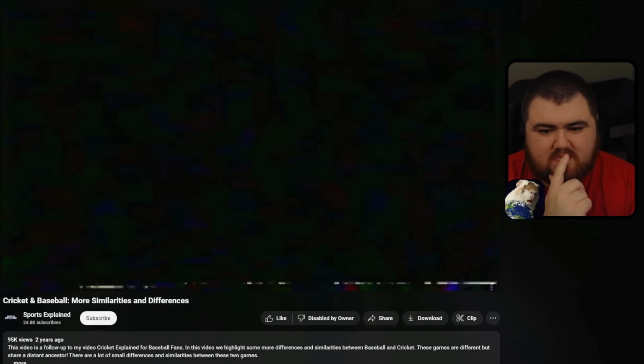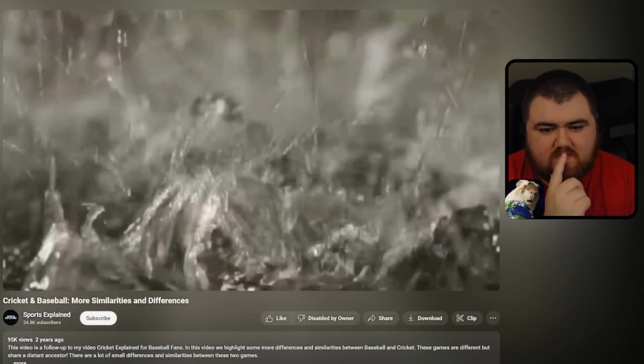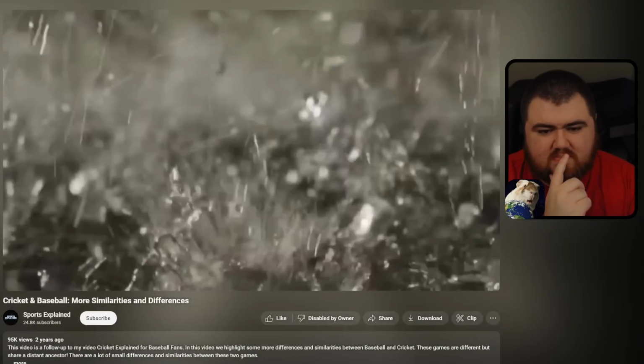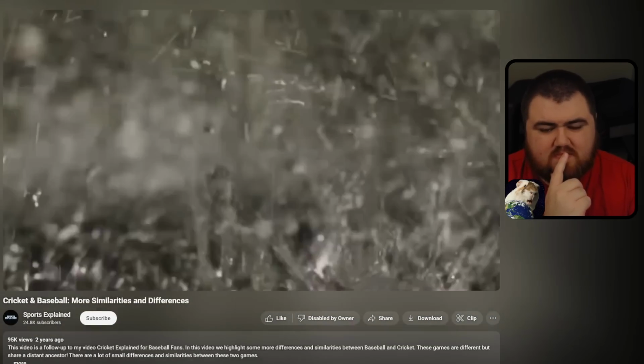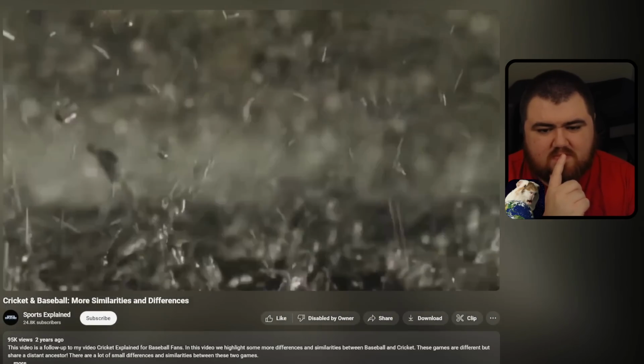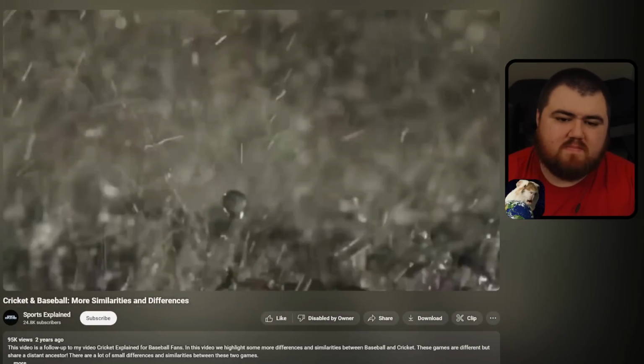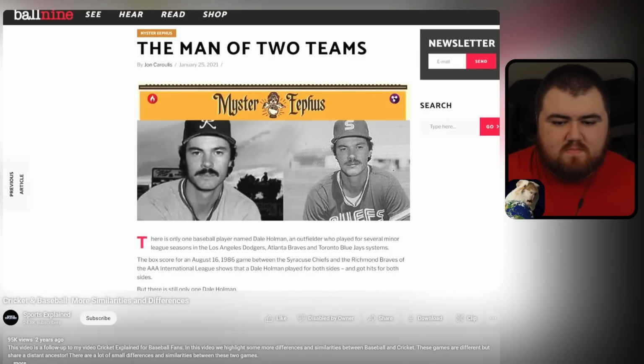Finally, in baseball, if weather causes the game to be shut down for the day, the game is either declared final as it is, or the game is suspended and basically unpaused at a later date, depending on how much the game has been completed. This can lead to some interesting situations, including at least one case where a player appeared for both teams in the same game after being dropped by one team and then picked up.